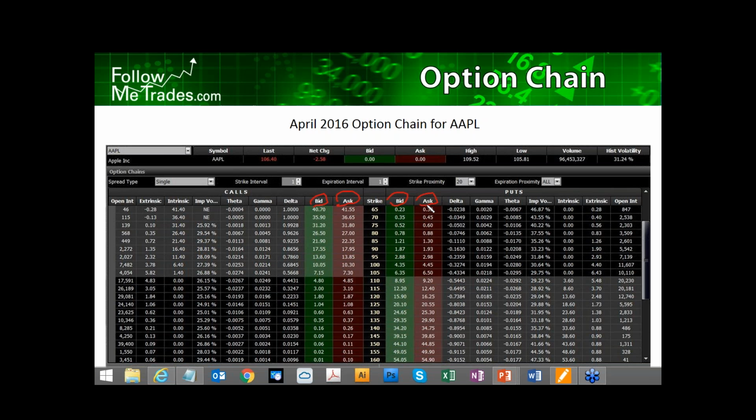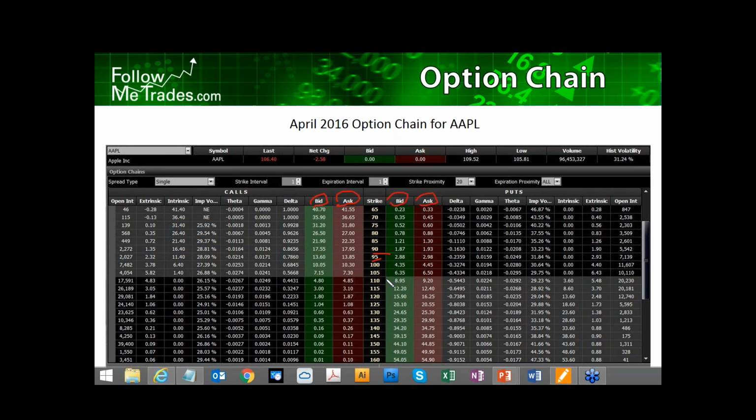Okay, this is the price the sellers want, either people writing contracts or people selling to close, and this is the current price that buyers are willing to pay. Right? It's an auction, just like stocks. Okay, so say you were evaluating this, and you thought, like I do, that Apple's going down to about 98. I think it's going down to about here, about 98. Well, it's